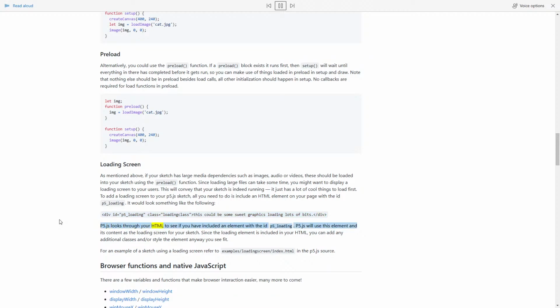p5.js looks through your HTML to see if you have included an element with the ID p5_loading. p5.js will use this element and its content as the loading screen for your sketch. Since the loading element is included in your HTML, you can add any additional classes and/or style the element any way you see fit. For an example of a sketch using a loading screen, refer to examples/loading-screen/index.html in the